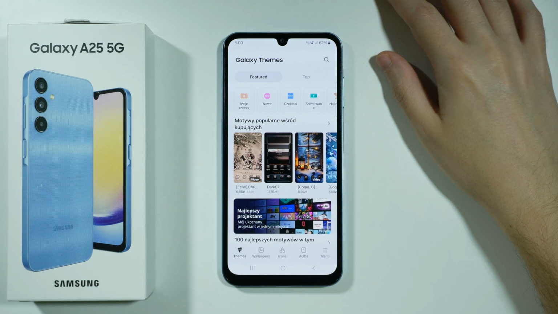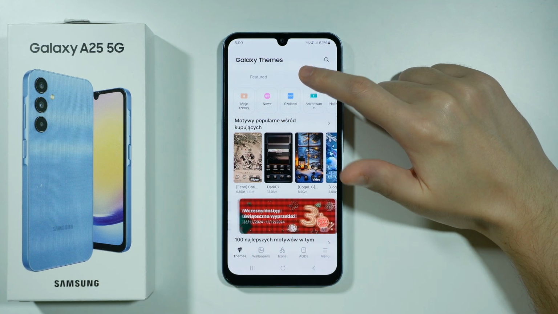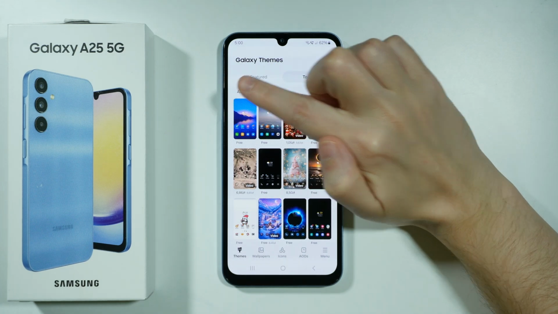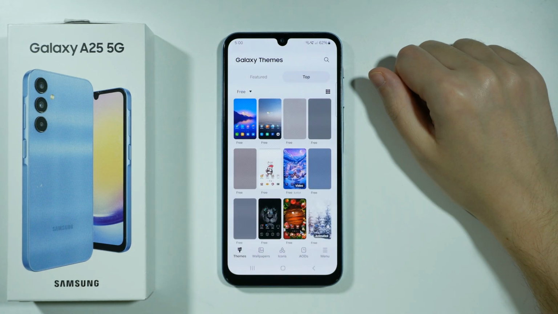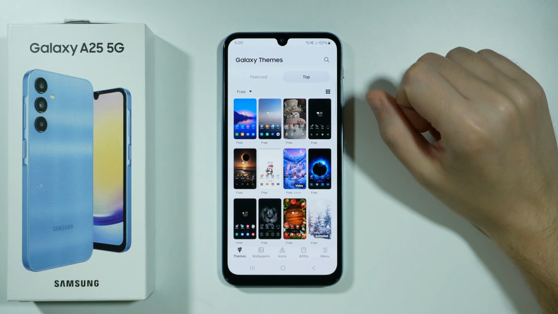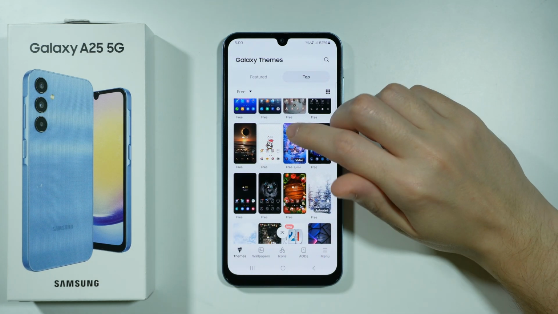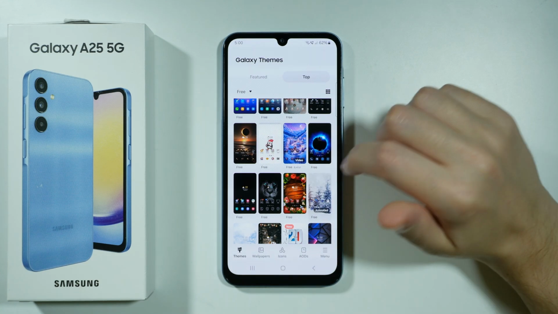However, if you are looking only for free themes, then you can for instance choose top, and then on the left side over here you have this all text. You can tap on it in order to choose free so that you see only free stuff. And now let's choose any theme that you like. So let's say I'm gonna choose this one,